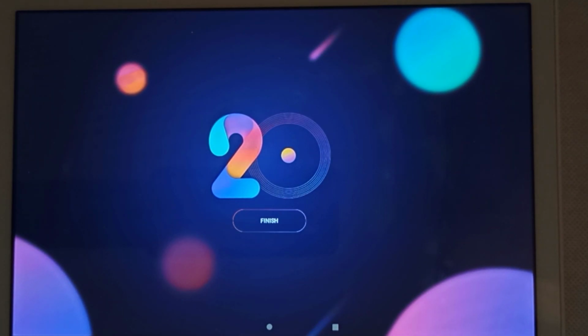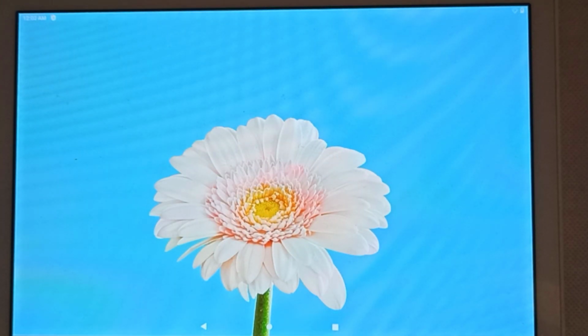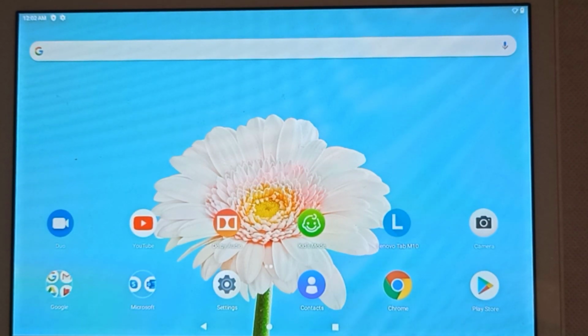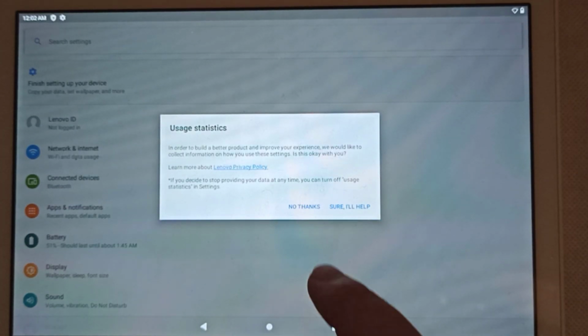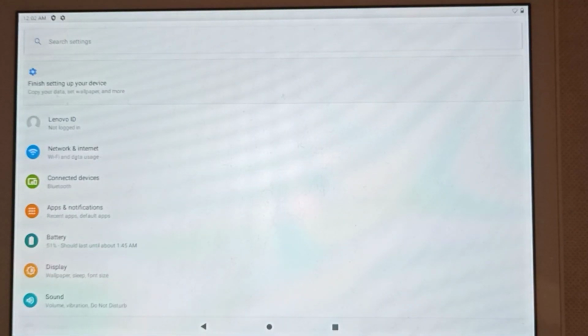And that's how you perform a factory reset on the Lenovo Tab M10 TB-X505F tablet. To make the tablet fully functional again, connect it to the internet, sign in with your Google account, and install any available system updates. In my next video, I will show you how to bypass or remove the FRP Google account without using a PC on the Lenovo Tab M10